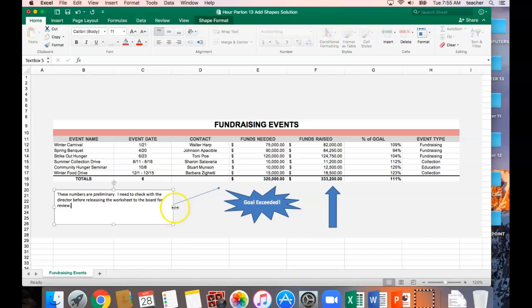Okay, so this is our text box that we want to do. We're going to resize it just a little so that it fits in there. And so this is what it should look like. Okay, so that is how you add a text box. If you'll notice, this little arrow is pointing over here so that we know what we're talking about. All right, next thing, click in A1